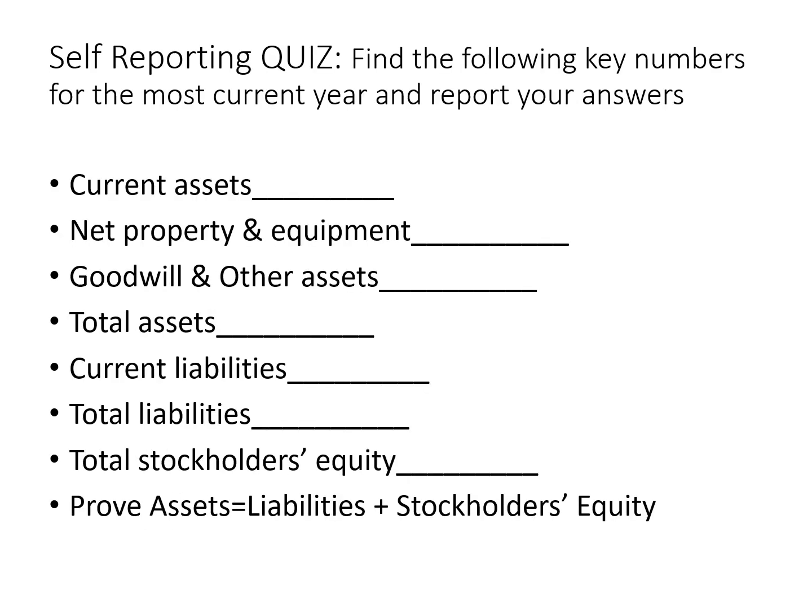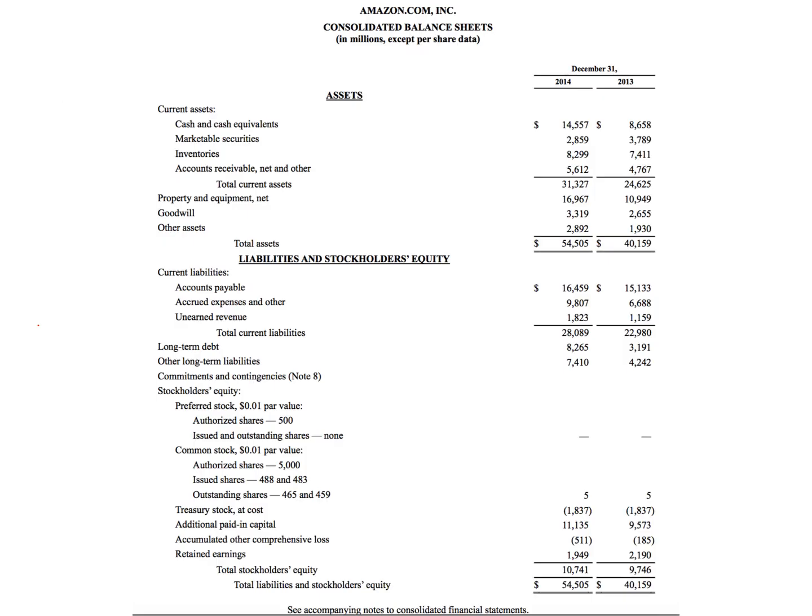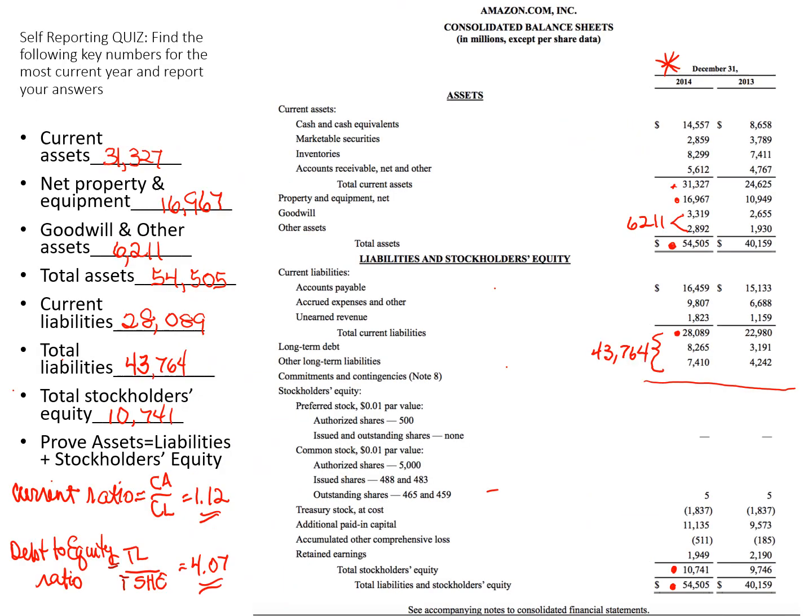Now this may look familiar because you did this in a previous video, and you looked at Amazon in 2014, and you were playing treasure hunt and had to identify what the current assets are, which is right here, what the property, plant, and equipment is, which is right there, what total assets were, and then what the difference was, or adding the other assets, goodwill and other assets together, we get the